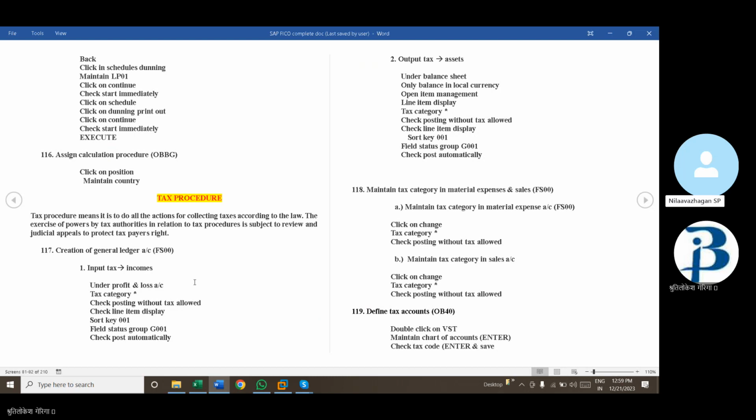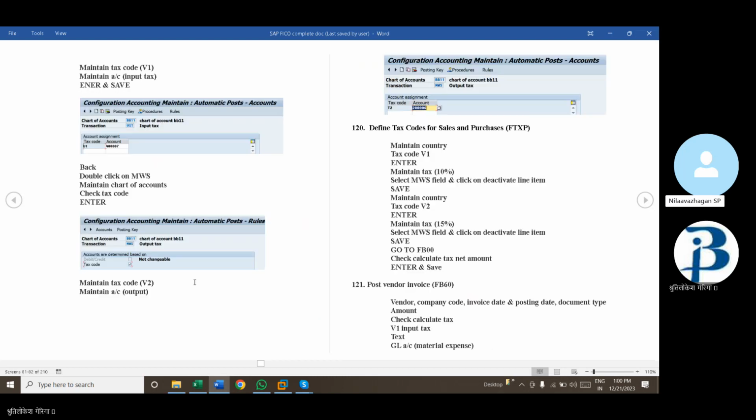In that control data tab, we can select the tax category, select all, and check posting without tax allowed. After creating the sales and material accounts, input tax and output tax,